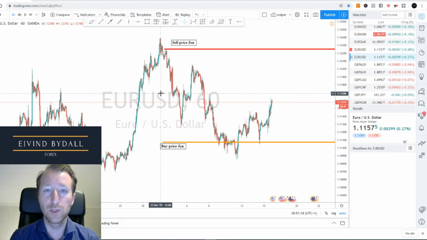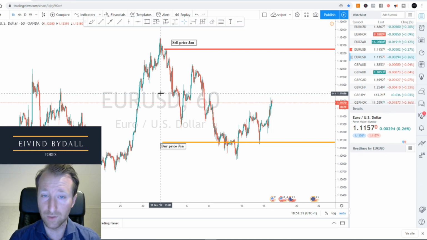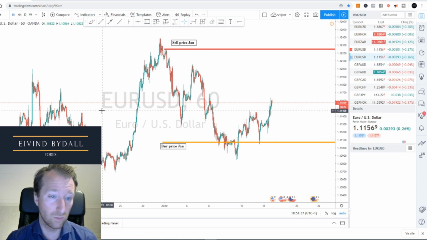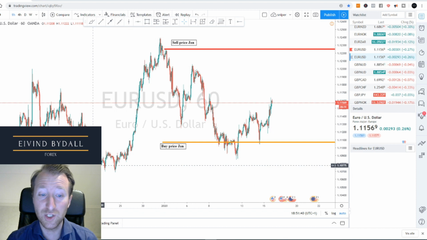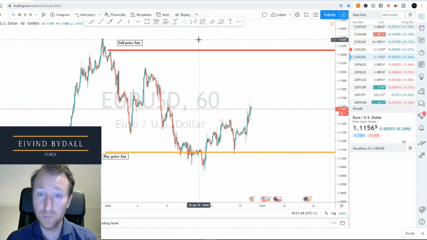You need a double top or double bottom. Now, if you don't understand, if you can't see where double bottoms or double tops are, I want you to spend the next 3 months finding double tops and bottoms on your currency pairs. Maybe they have different variations, but I can tell you them for free. We're going to go through Euro USD. We're going to look for double bottoms and double tops,